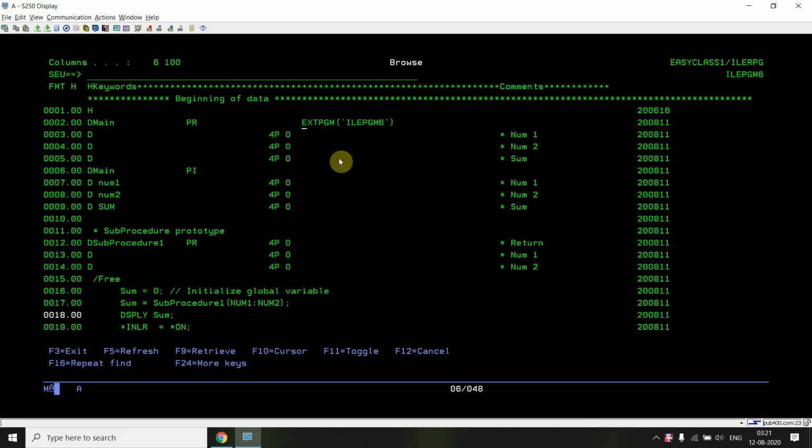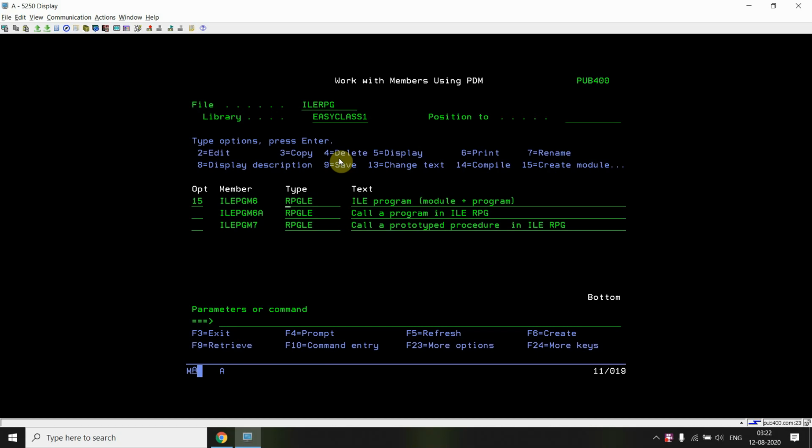With the PR we have defined EXTPGM, so whatever is defined inside the single quotes, that program will be called if we call using the procedure prototype. Now as you can see, there are 3 parameters, but the first two will act as input parameters, and the last one will act as an output parameter. So we have PR and PI defined for this program ILE PGM6.